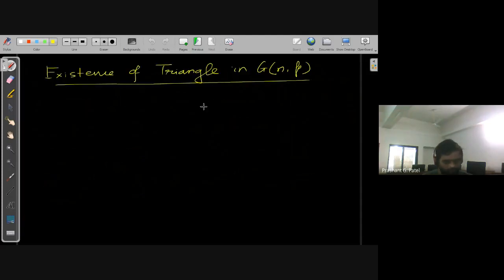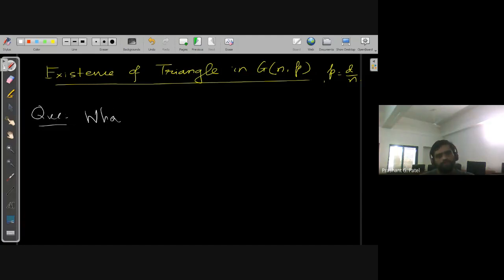In this lecture, we are going to discuss the existence of triangles in the G(n,p) graph model. Basically, we are considering the value of p to be d/n. So in this G(n,p) graph model, n is the number of vertices and p is the probability, which we consider as d/n, where d is some constant. Then the question one can ask here: